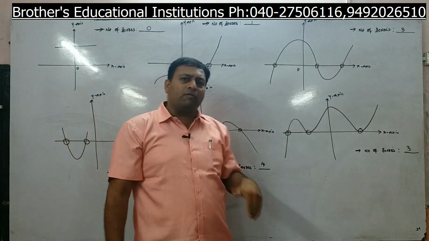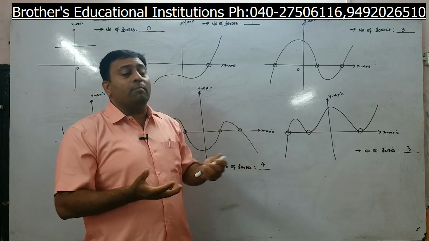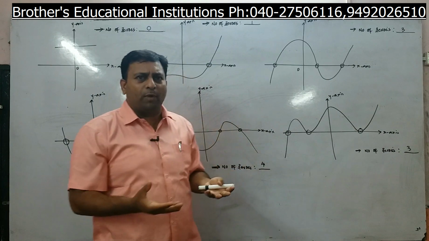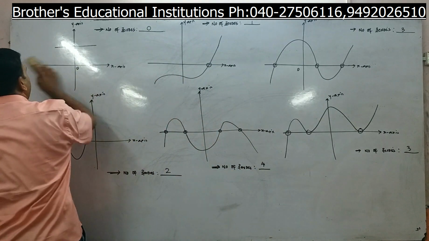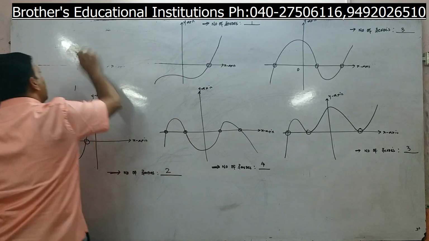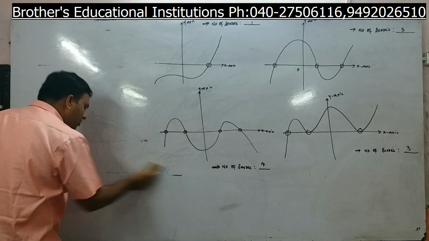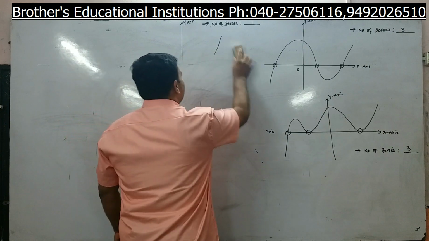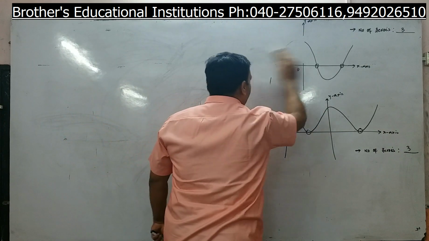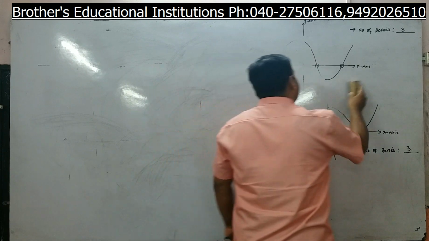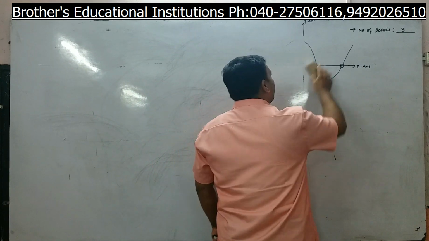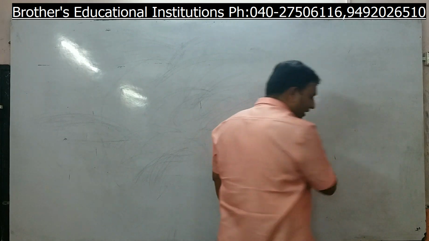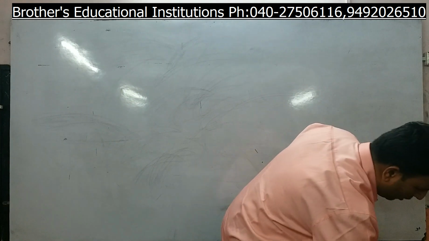Now we will move forward and try to find not only the number of zeros, we will try to find the zeros themselves for a given polynomial. Please be with me. I will take an example through which you will understand how to find the zeros of a given polynomial, right? For which you need to go through the definition. What is the definition? The zero of a polynomial is defined as the value of x for which the polynomial is equal to 0. You must keep repeating this definition. It is the value of x for which the polynomial is equal to 0.